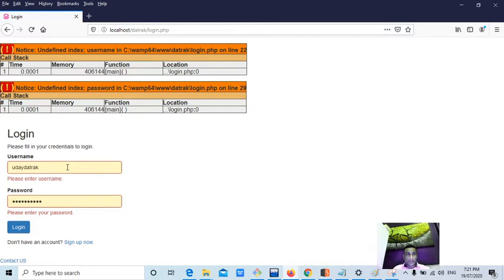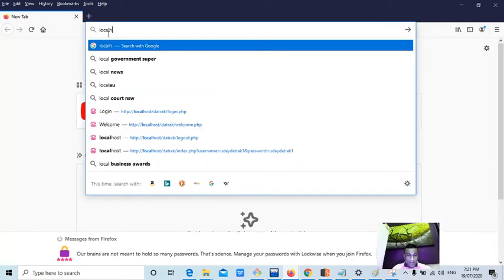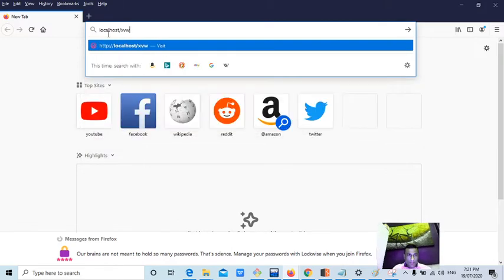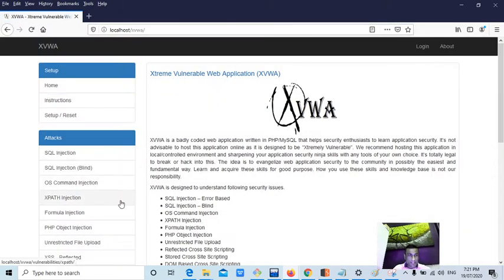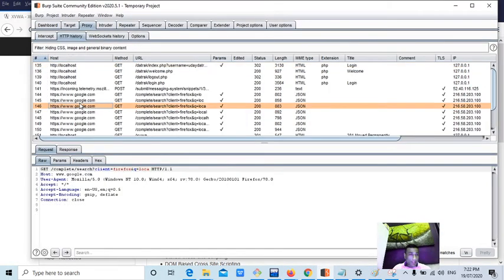In order to prove it, first what should I do? Let me show you another example website, guys. This application, the XVWA application. Now we covered the topic, guys.